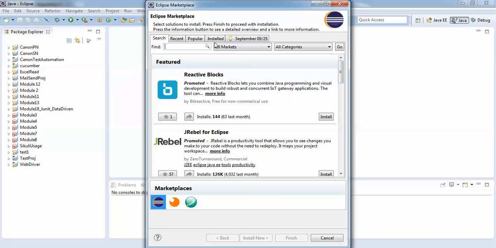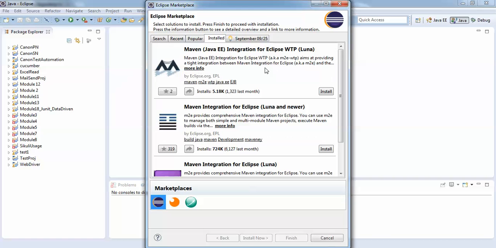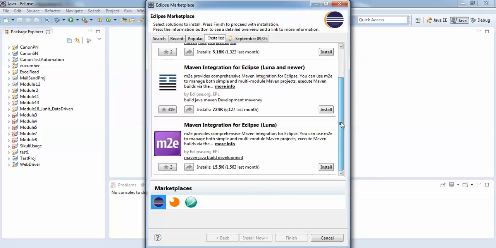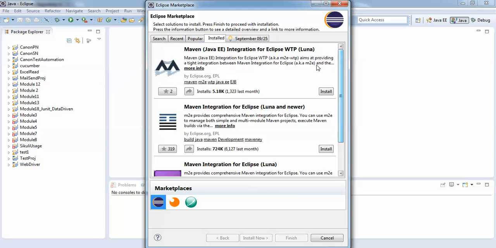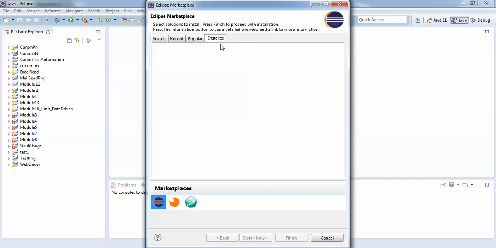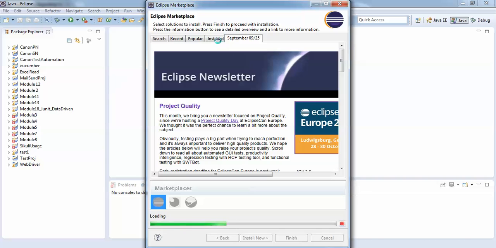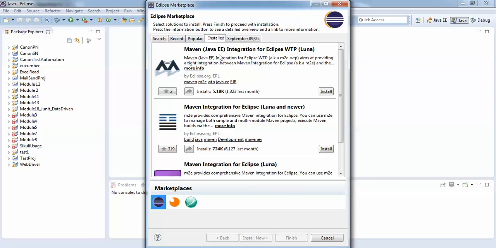One second. Okay, you will check here whether Maven is installed in your Eclipse or not.